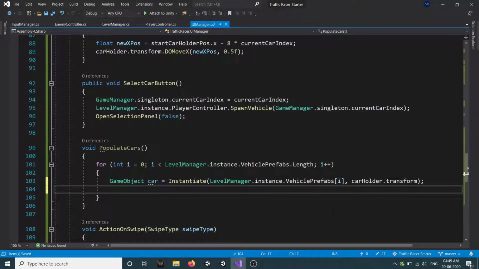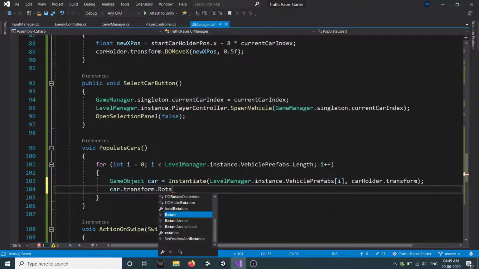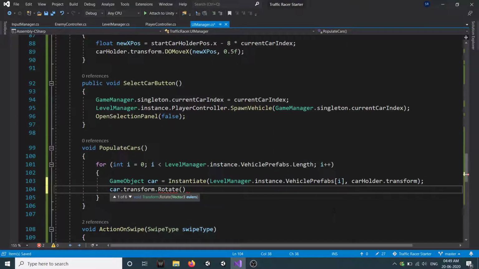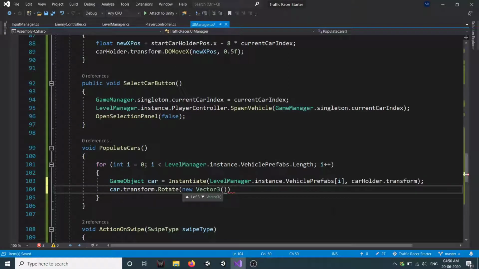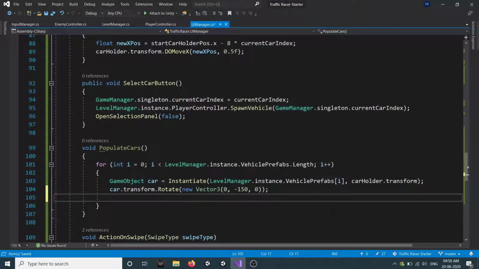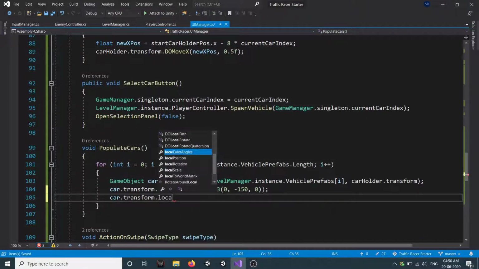So now we have to set its rotation, so car dot transform dot rotate, the capital one, and it will be new vector 3. So we have to rotate in y, so x will be 0, y will be minus 150, z will be 0, and we have to set its local position as well. So car dot transform dot local position.